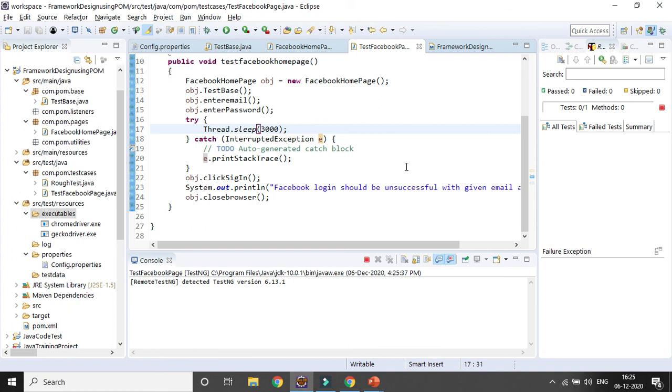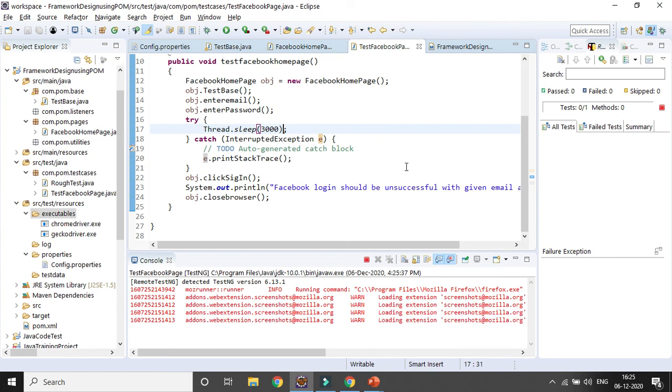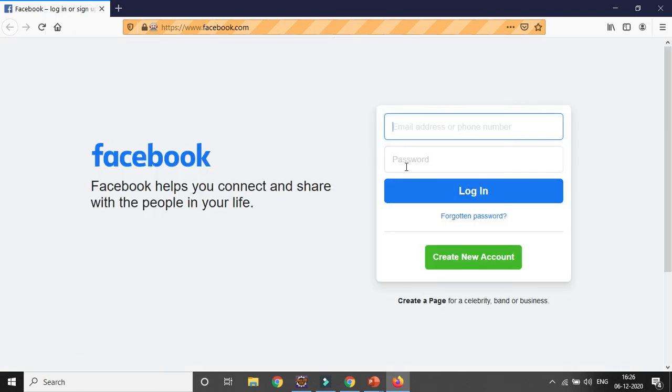Definitely you will make some mistakes, and from the mistakes you will get the details from the logs in the console, and you can correct them and after that build your framework in a better way, right? Now you can see it's Mozilla Firefox, and I have given Firefox, so it is launching the Firefox browser, right? And it is entering the URL for the Facebook page. After that, it will identify the email field and enter it. After that, it waits for 3 seconds, and then it will click on the login button, right?